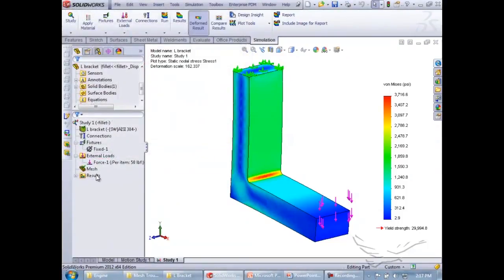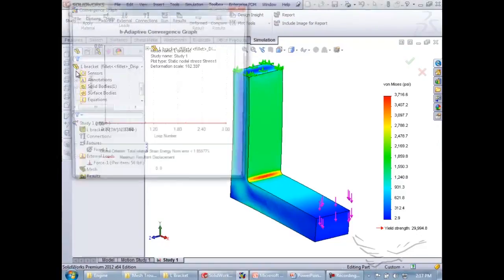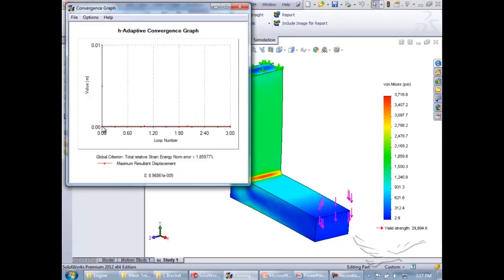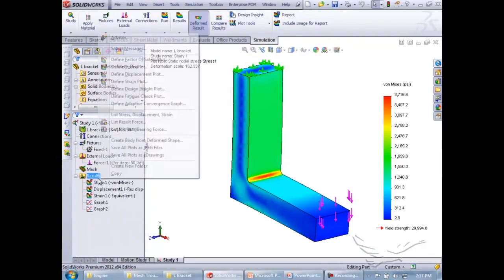Now, I've been asked, okay, why don't you look at displacement rather than stress? Well, if we look at displacement, you can see that displacement actually converged after the second or third run here. There's not really much variation, because displacement, for the most part, converges before stress does. So in that case, we'll go ahead and hide our graph,